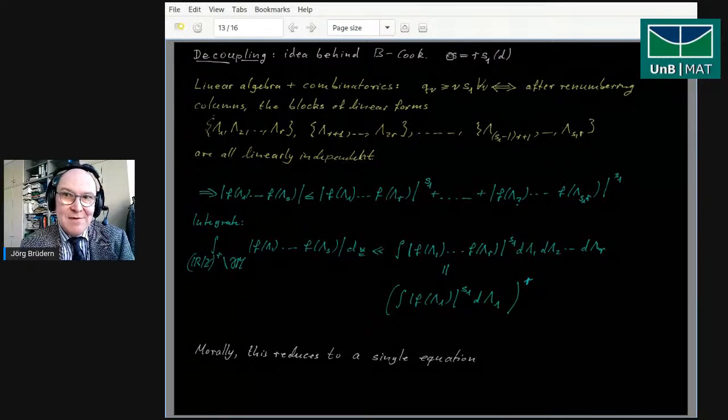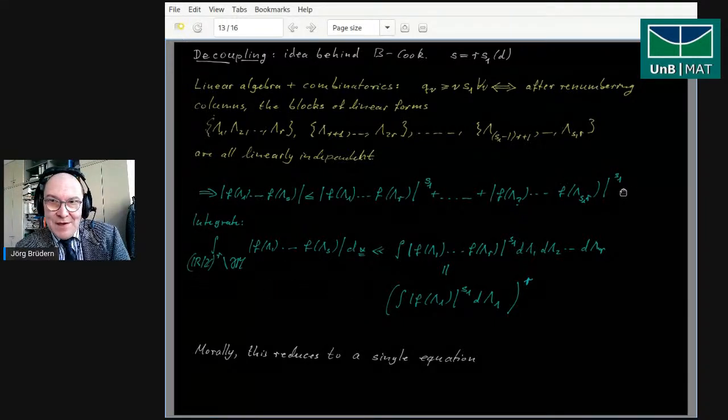Remember, that's still S. And then the second block is being used and so on. Well, the lambdas are all linearly independent in each of these blocks. So I can just integrate this over the remaining set. So then I can integrate the right-hand side and change variables to lambda 1 up to lambda r. But when this r-dimensional integral factorizes